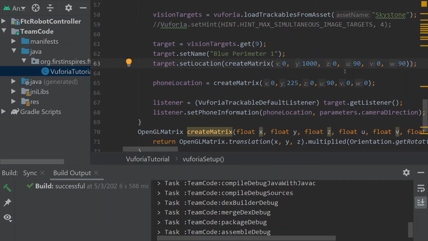If you curl your hand, whatever direction your hand is curling, that is the direction whatever you're trying to rotate will rotate. So with the x-axis, we're going to rotate the target 90 degrees,